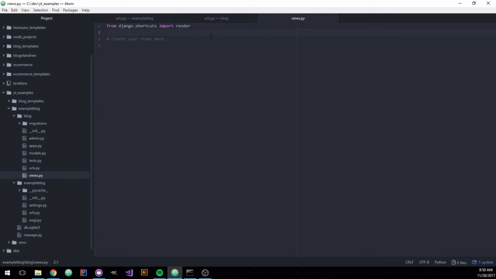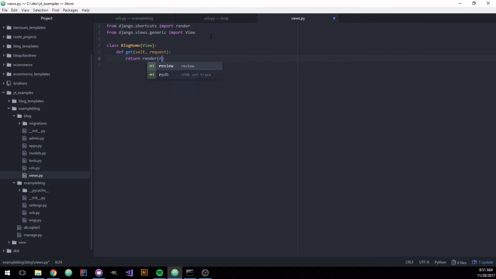And I'm going to use class-based views. I know a lot of people start out using function-based views, but I don't like function-based views that much, so that's why class-based views. So I'm going to say from django.views.generic import View. And I'm going to go ahead and get rid of this here. And I'm going to say class BlogHome, and that takes View. And I'm going to say def get(self, request), and that is going to return